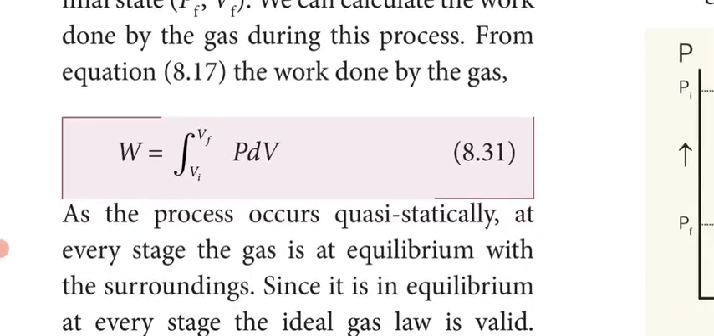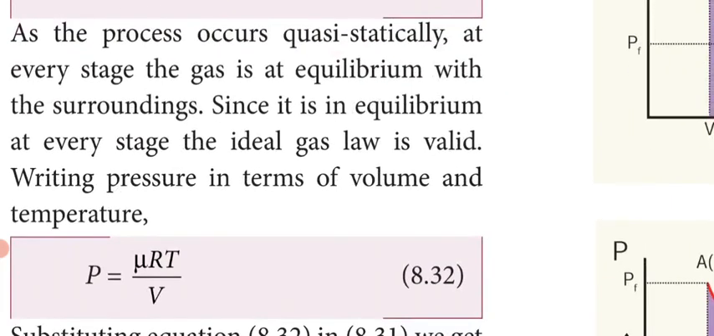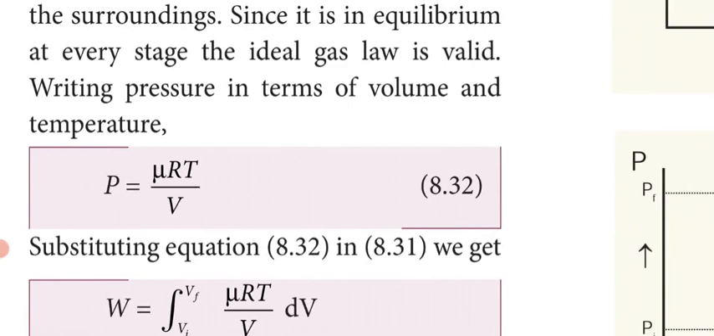So from that we are getting the work done as integral of PdV, integral from Vi to Vf, where Vi is the initial volume and Vf is the final one. As the process occurs quasi-statically, at every stage the gas is in equilibrium with the surroundings. Since it is in equilibrium at every stage, the ideal gas law is valid. Writing the pressure in terms of volume and temperature,